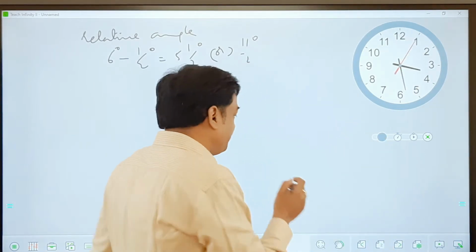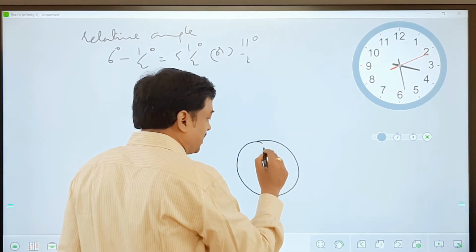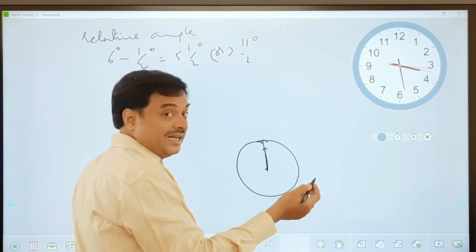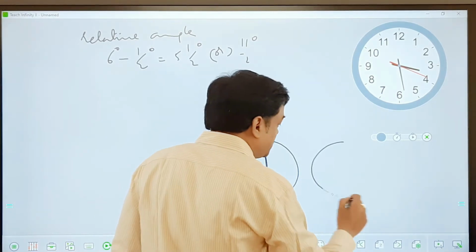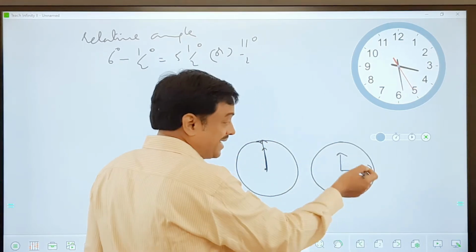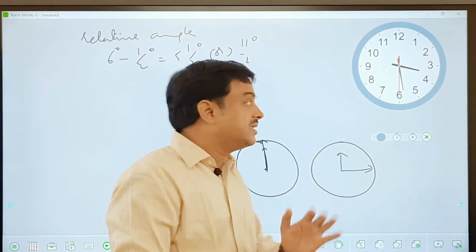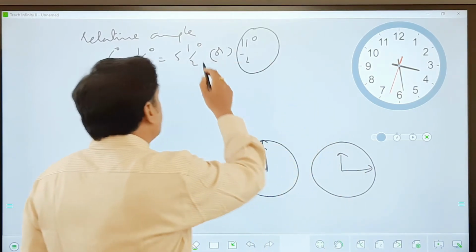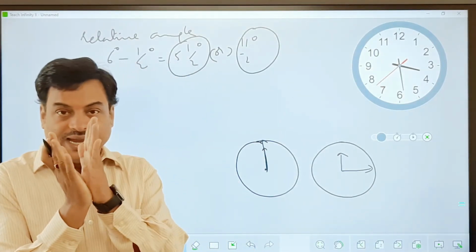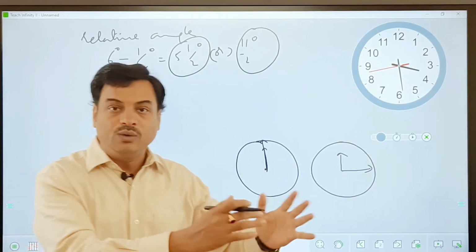Okay, so please understand some of the figures which I tell you. For example, you can see this is at 12 o'clock, and when it comes to 12:01, 12:15, like that, there is some gap developing here. What is 12:15? You can see this is almost like 12:15. This is what we call 12:15. So there is a gap developed between the hour's and the minute's hand, and that gap increases or decreases at a rate of 11 by 2 degrees, or you can also call it 5.5 degrees. So whatever angle there is between the two hands will be increasing or decreasing at a rate of 5.5 degrees. That is what we need to understand.